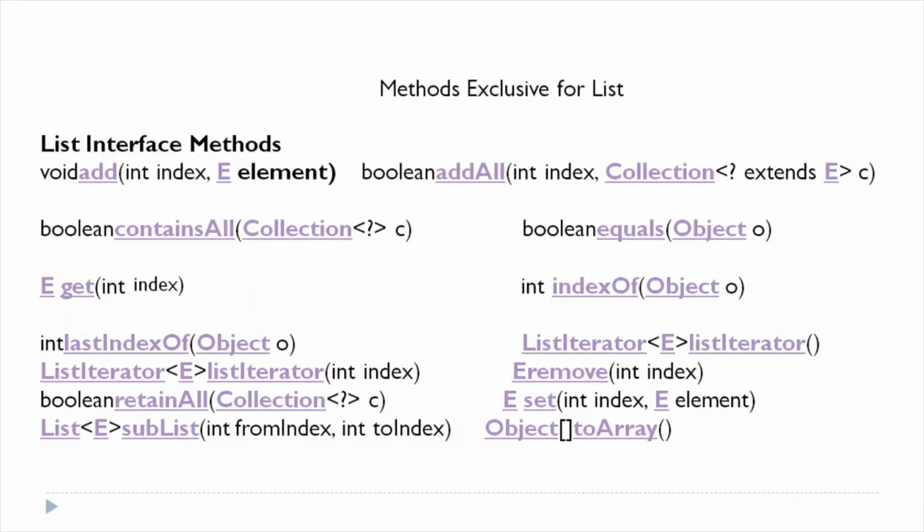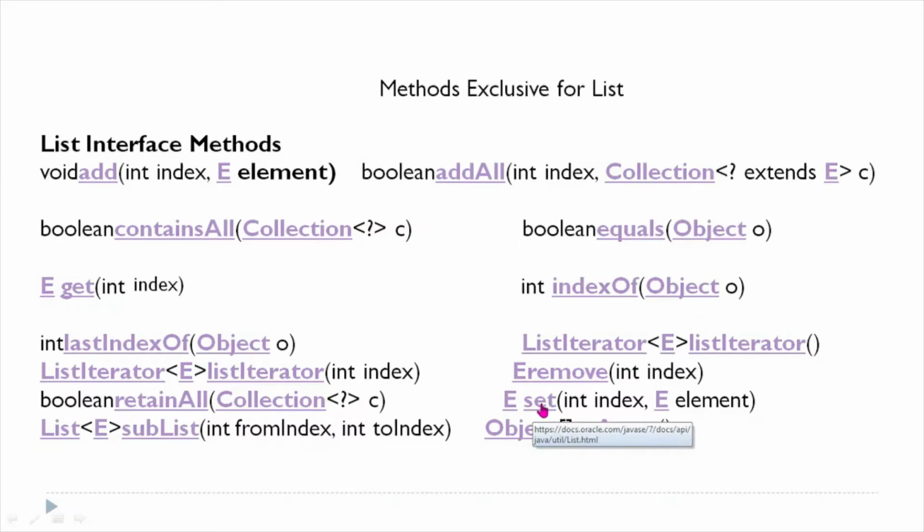So what are the methods which a list provides? Add all, contains all, and of course we can retrieve the element by giving an index. We can get an index by giving an object. So it has last index and list iterator. This is remove by giving an index as a parameter.